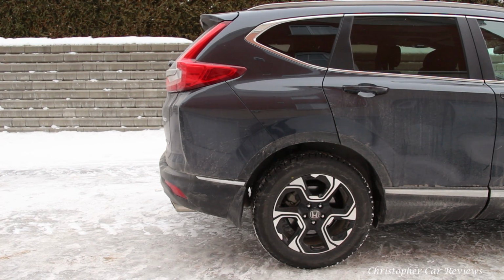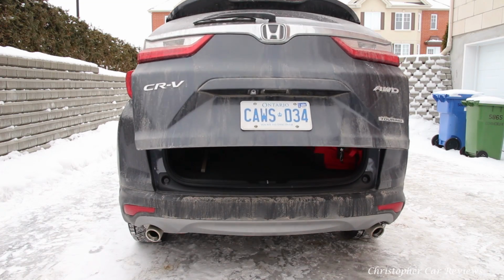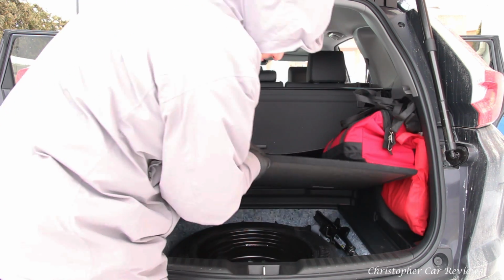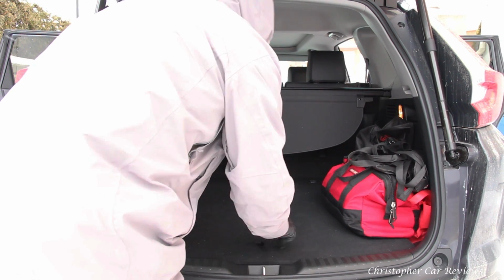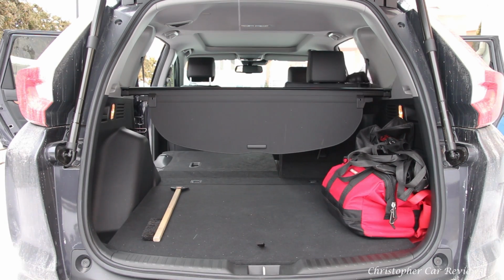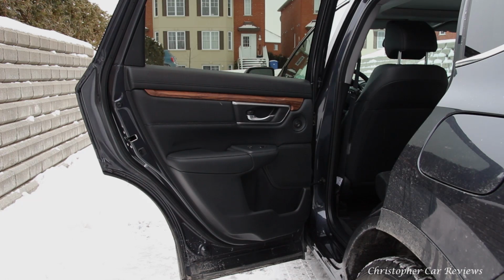I personally think the rear 1/3 is the best looking part of the vehicle. These diagonal lines look very good. This roomy vehicle comes standard with Apple CarPlay and heated seats, with the base two-wheel drive starting at $26,690 Canadian and topping out at $38,000 with the touring model and the panoramic roof, the model that Ross got